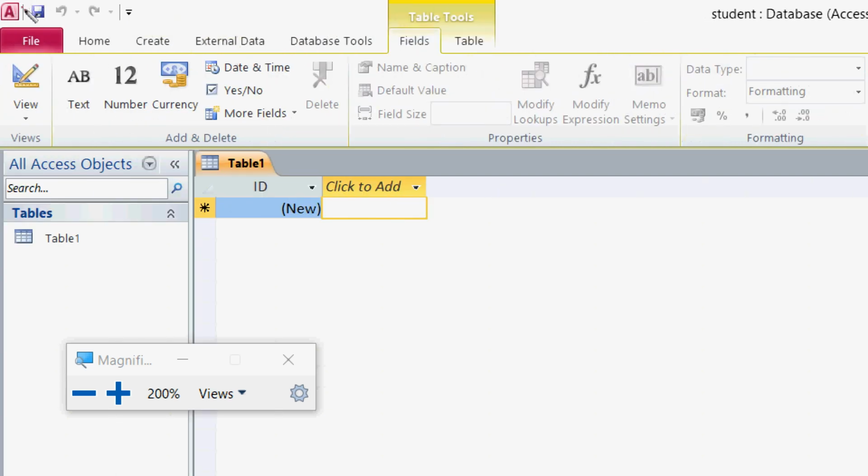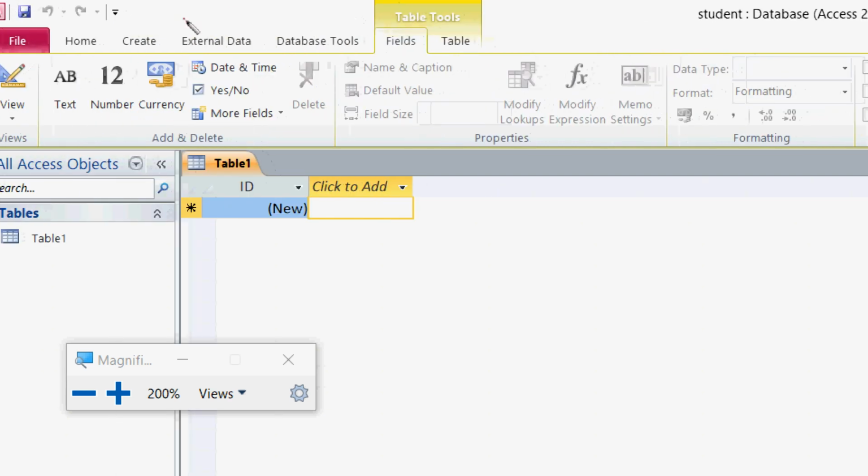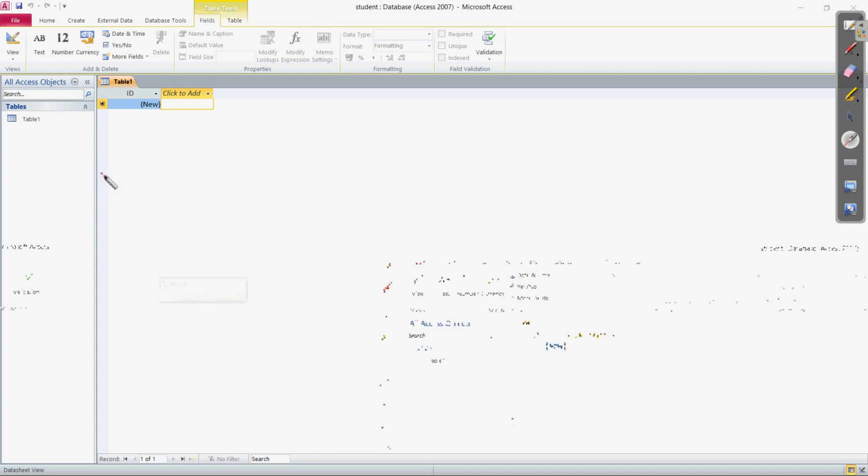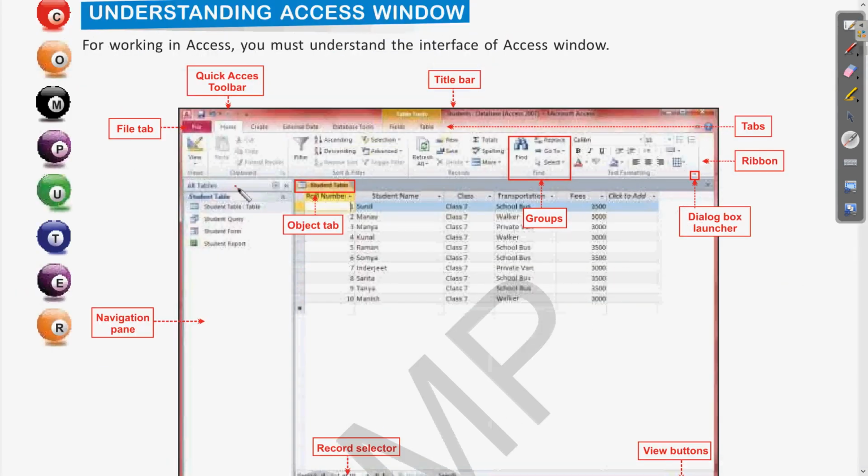And at the top we have seen the quick access toolbar, then the title bar, and we have different tabs. One by one we will see all of these. So now coming back again to our textbook. Here, as we have seen, the quick access toolbar, then the file tab we have discussed, the title bar we have seen,